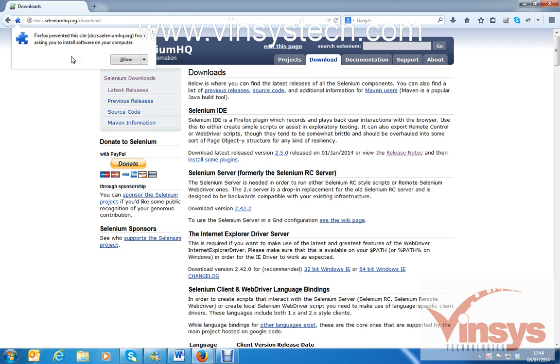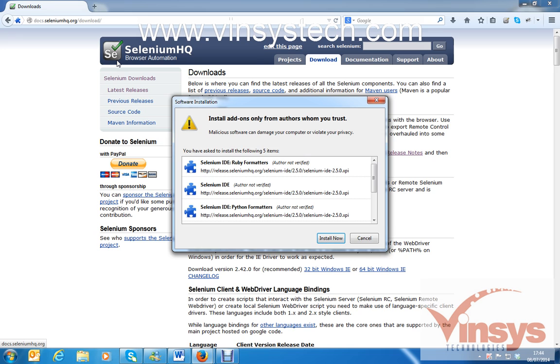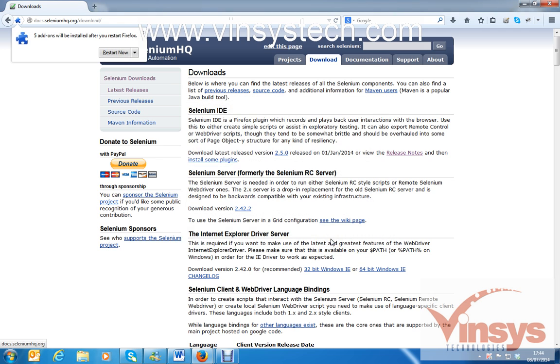Now click the latest released version 2.5.0 and you can see a small pop-up at the left-hand side. Basically Firefox is trying to install IDE to this browser, so it's asking you for permission. Click allow. Next you get a window to install some formatters. We will see later what these formatters are; for the time being click install now.